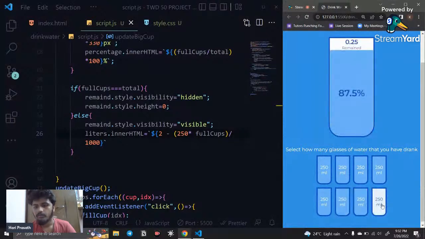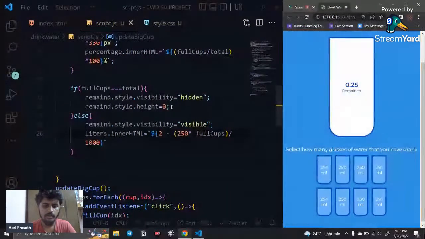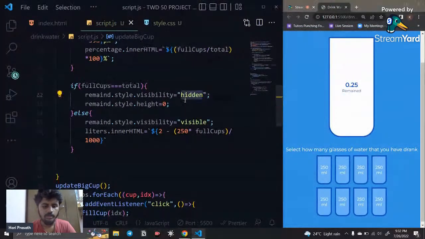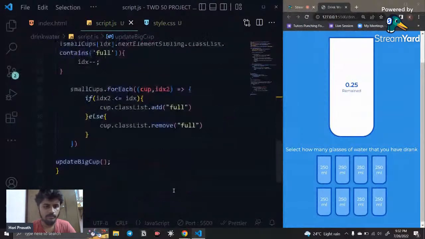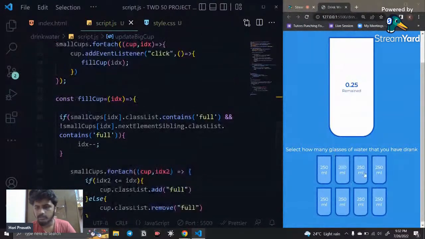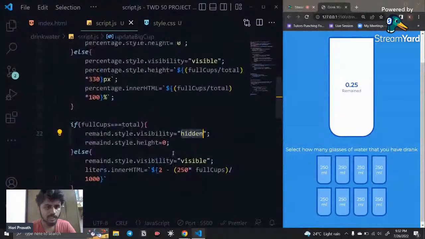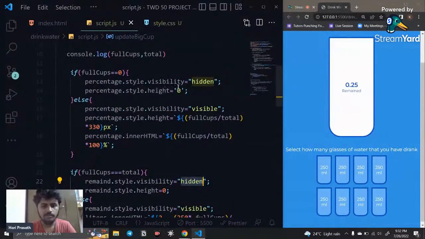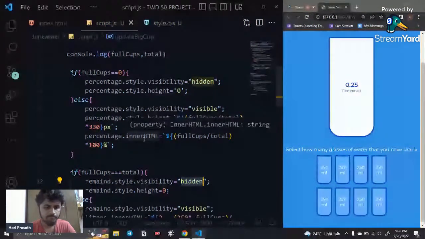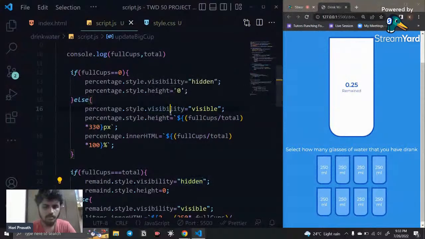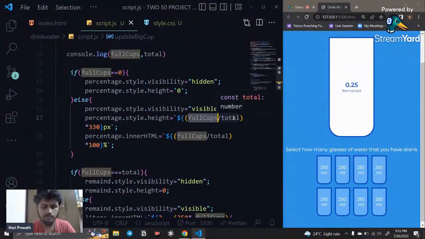0.75 is there. If 8 is filled, then the height is equal to 0, and its visibility is also going to be hidden. And if I go, this is going to be full everything, right? So where is this percentage? Percentage is there, and percentage visibility is going to be hidden. Visibility is going to be visible. Style.height is equal to fullCups divided by total. fullCups is equal to 8, divided by total is equal to 8, 0 into something like,